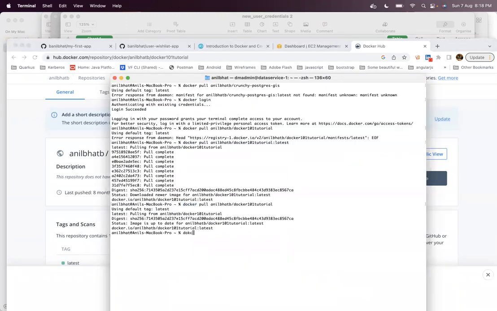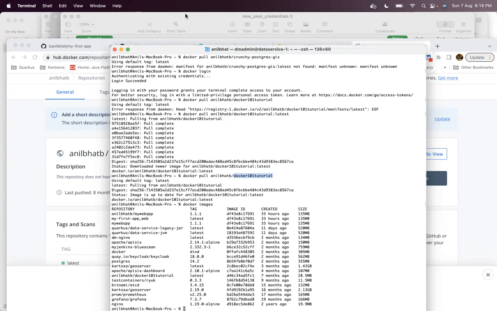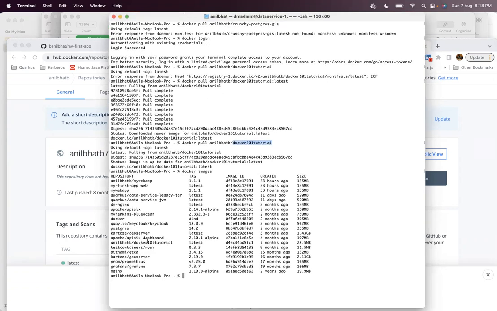You can check that the image is already there by typing the command docker images. In the list of all images, you can see Docker 101 tutorial. This is the repository you just downloaded by using the pull command.